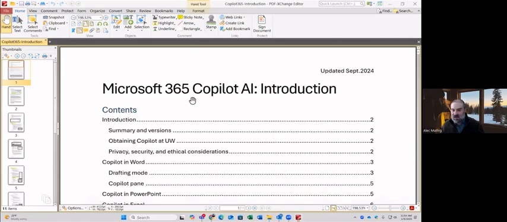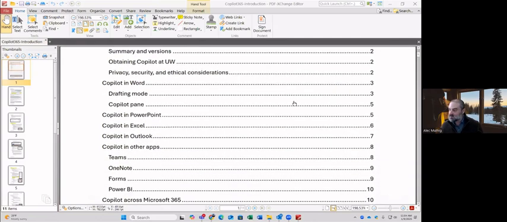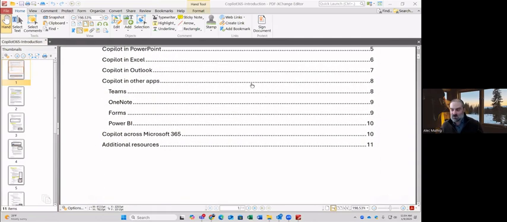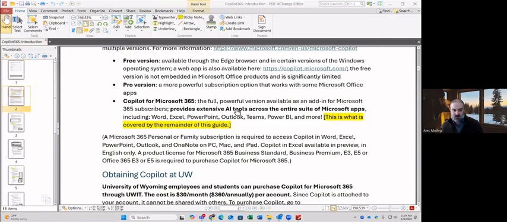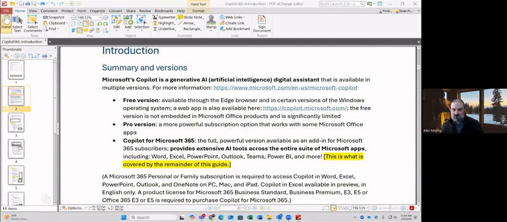I'm going to pull up my handout for my other class and just reference this. I'm going to send a copy of this to all of you in the chat right now so that you have it if you feel like taking this with you and using it to explore Copilot, feel free to. But the first thing I want to bring up are the 3 versions. There's a free version, there's a pro version, and the Microsoft 365 version. Now, the free version you might have played with.